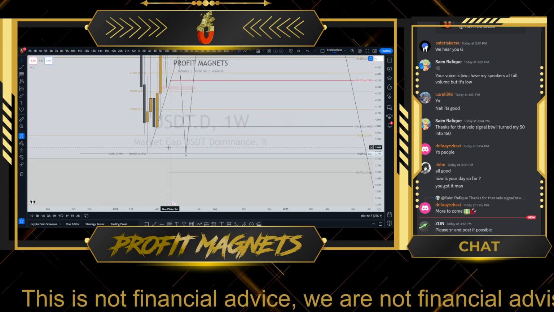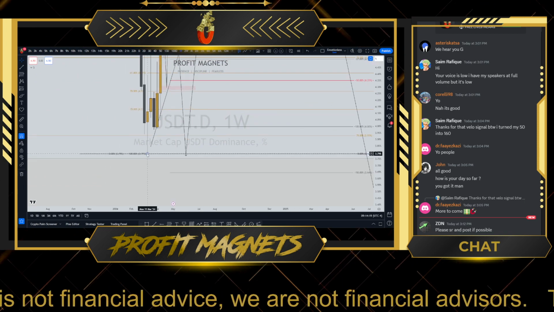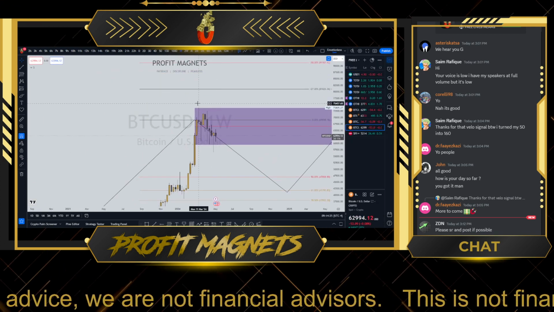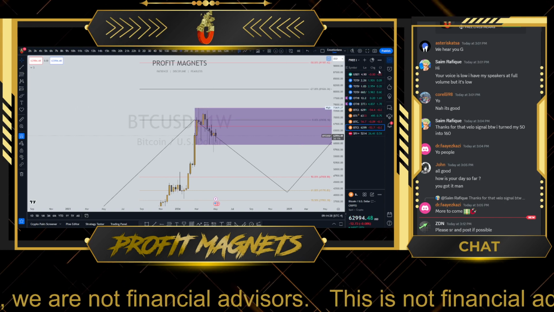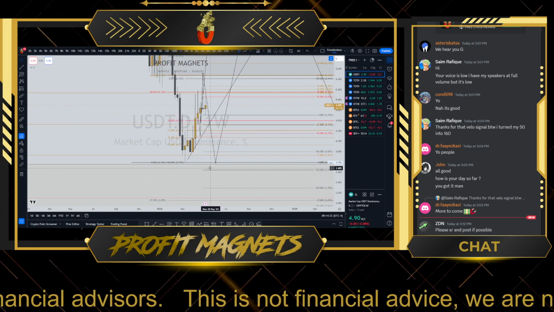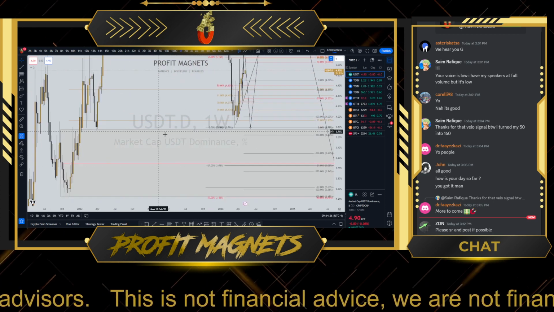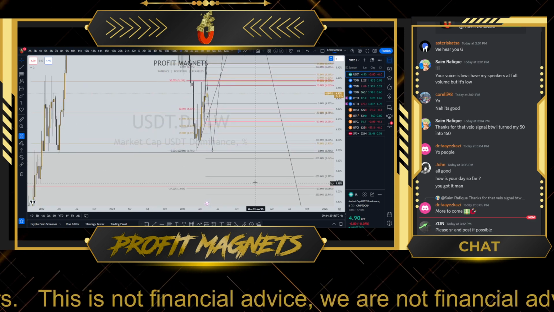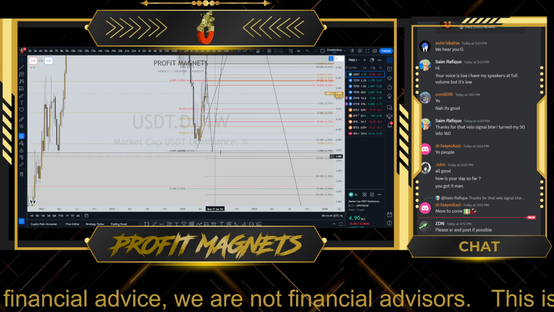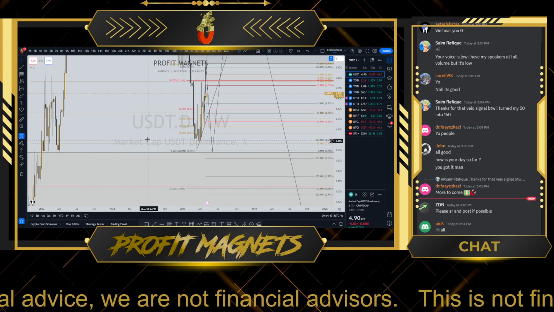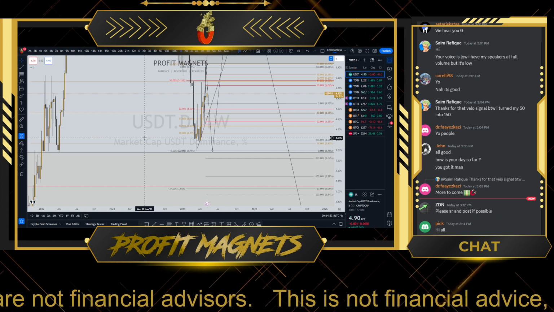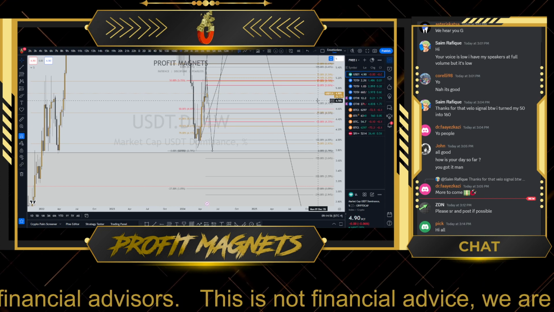What do you see right here? We got this wick to the downside for the dominance of USDT. If you were to pull up a Bitcoin chart, it is pretty much this wick right here, okay? So even if we were to dip our toes very quickly into the order block, this yellow rectangle right here, it may not be anything substantial to the upside, my bad, okay? So while it could bring euphoria into the market, it may be something that doesn't really last for a very long time.